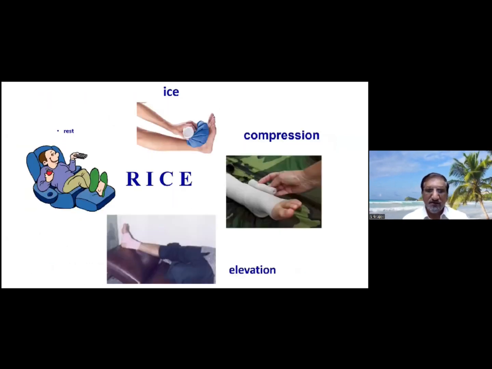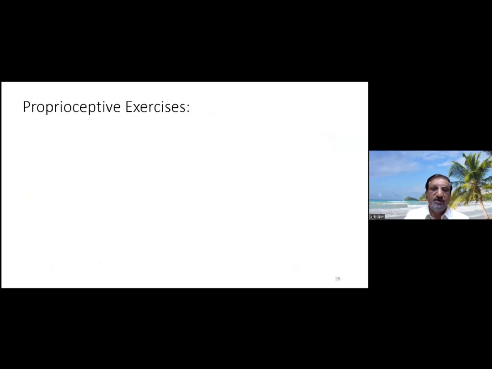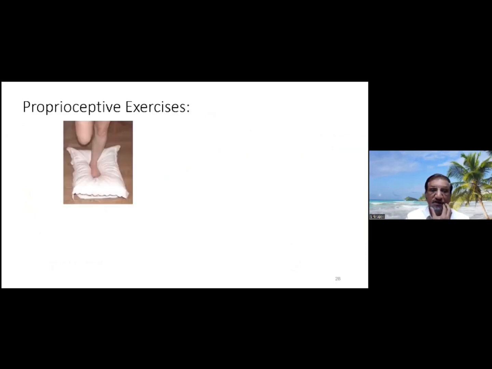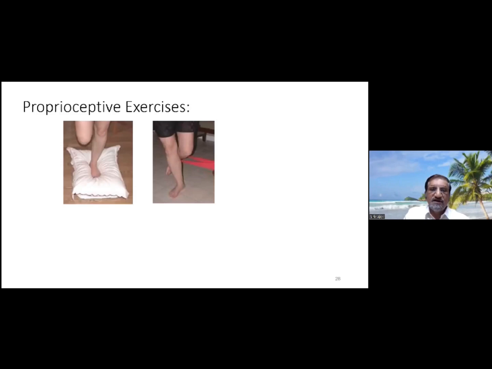So this is where Nikhil had left us, with the management of the acute ankle sprain: rest, ice, crepe bandage and elevation, and the physiotherapy that is performed soon after. As he also told, what I would like to emphasize is that the focus now is more on functional rehabilitation rather than applying rigid immobilization for all these patients. Previously, unless we went with a plaster cast, given for about 3 weeks to sometimes up to 6 weeks, after we took it out we would find that the patient had a lot of wasting of the muscles. So that is no longer performed.